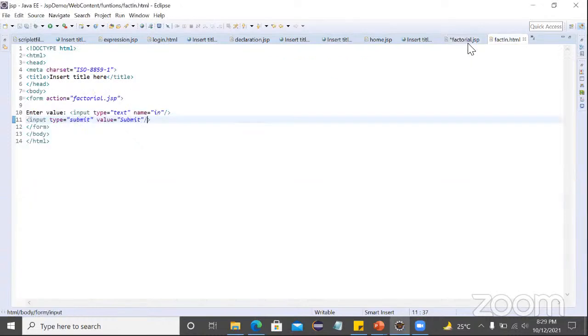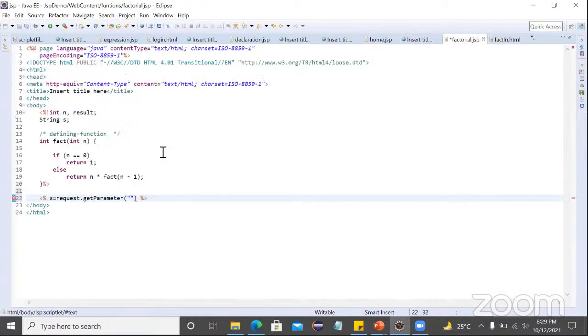One second. So the parameter name, it is in. Okay, let's go to this factorial. So let's take it as an in here. And now we have a variable called n, right? So n equals